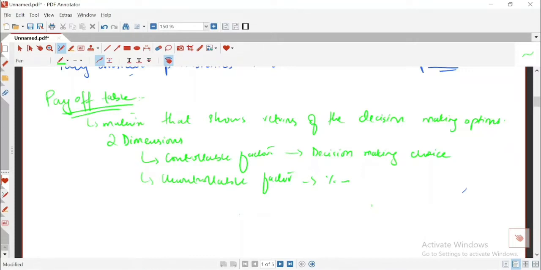जैसे for example when we talk about inflation, we talk about market going down, or if we talk about exchange rate, तो ये चीज़ें एक single firm के लिए uncontrollable factors होती हैं. So your decision is going to depend upon uncontrollable factors, but because your decision is a choice for you, you can either take it or you can choose an alternative decision. That is why it is a controllable factor.